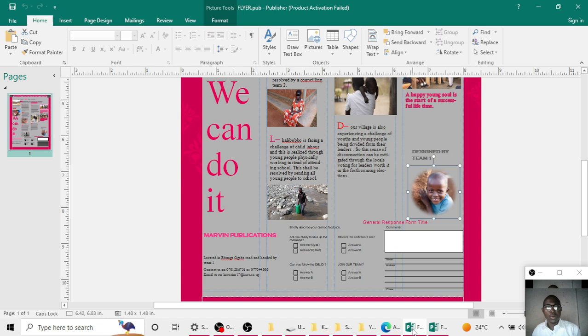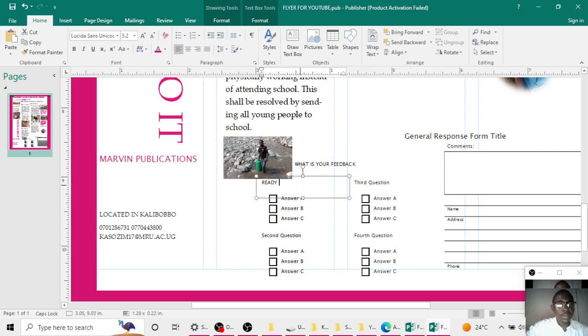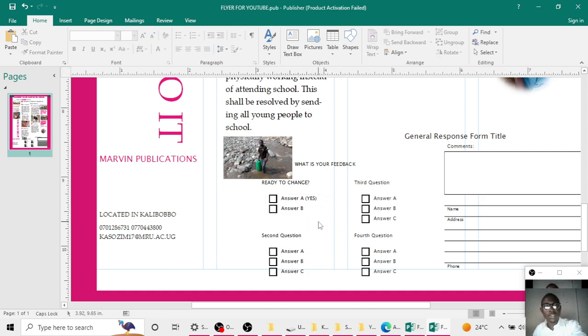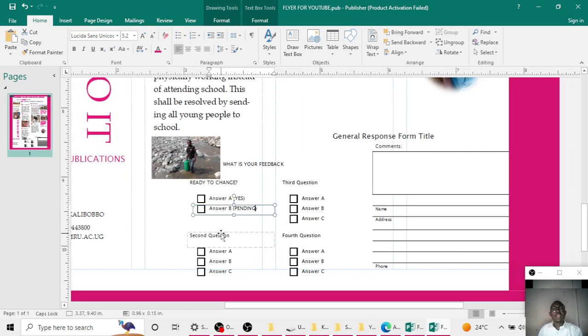Now here you can type, what's your feedback? How do you see this? What's your feedback about our message? And first question, ready to change? And then you could put a question mark and then answer A. Maybe if you tick that, that means yes. We may not need C, so I can delete C. And the B could mean if you don't tick, it means still, or something like pending. You need more counseling. If you can't take up the message, then you can have some other second question here,